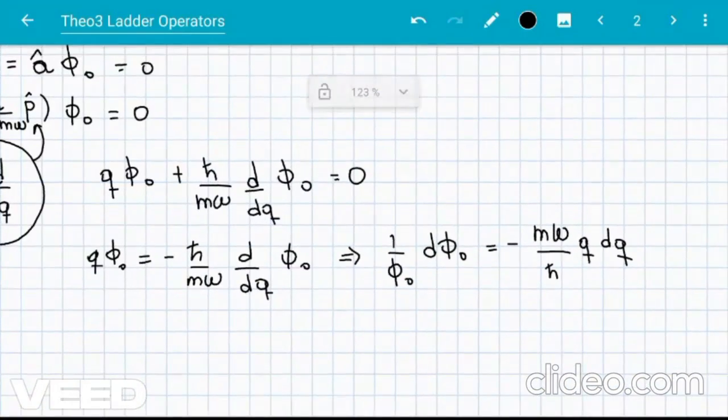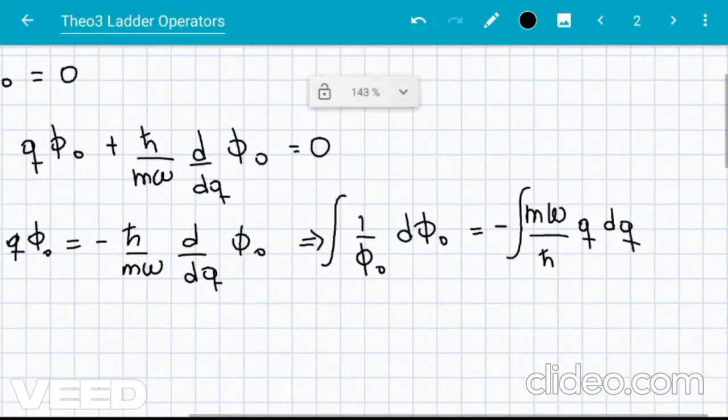So now that we separated the variables, I can just integrate both sides, and that's going to give me ln